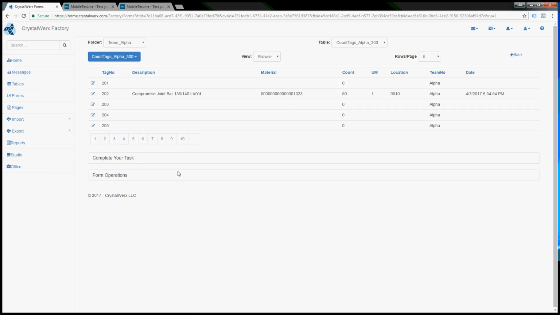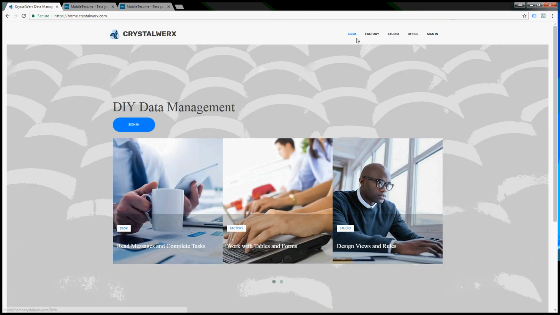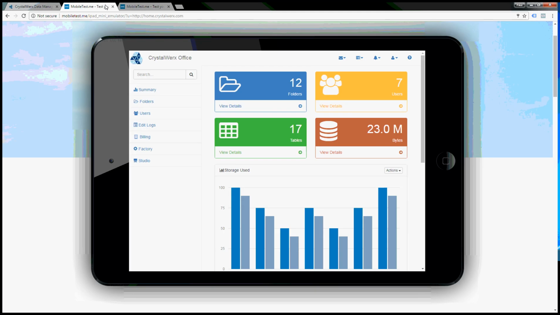And you'll see what's happened here is we've actually gone off and looked up the description, we put in the count, we've got all this other information, we autofill the date, who did it. So a person could go through and automatically create all of these count tags and load them up with inventory. And then when you're done, let's go back here and look at the desk on a tablet. So we'll go to our